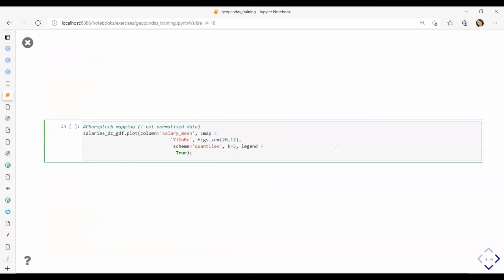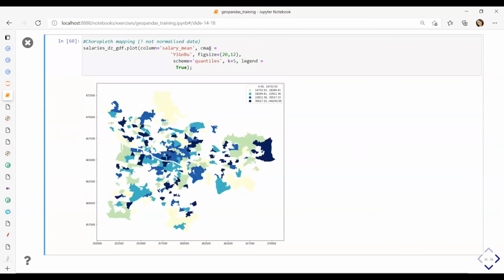Right, let's do some complex mapping. Just wanted to say it's not normalized data for analysis, just an example. For our plot, we are going to use the salary min column. The color map is yellow, green, blue, but you can use anything else.